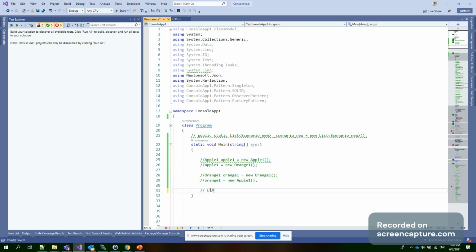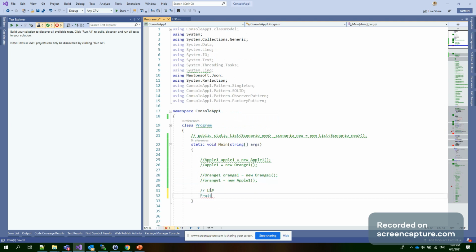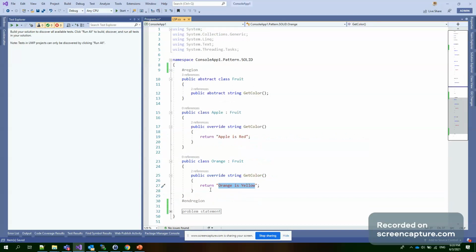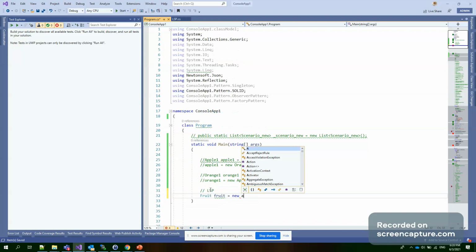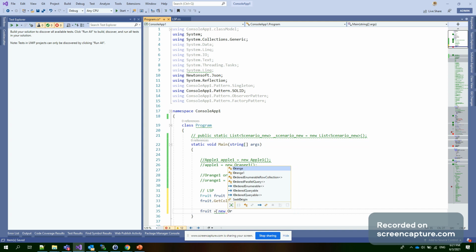We mark this as LSP, and here we give a reference of Fruit: Fruit equal to new Apple. Then with fruit dot, you can see GetColor is there, so we can write Console.WriteLine. Now with the same object instance, Fruit equal to new Orange.